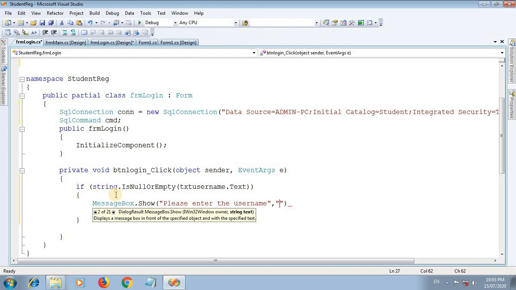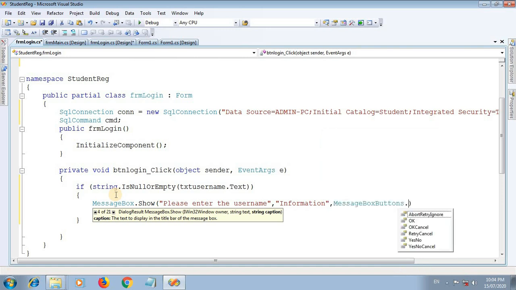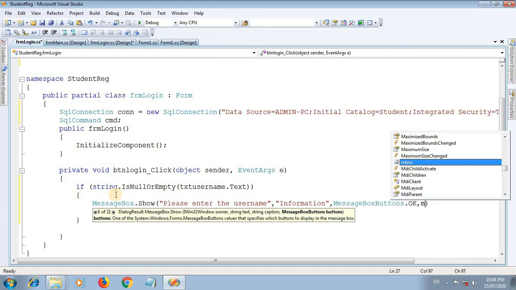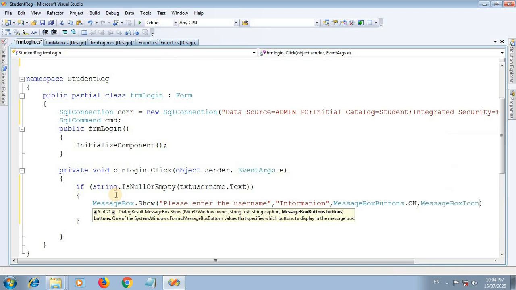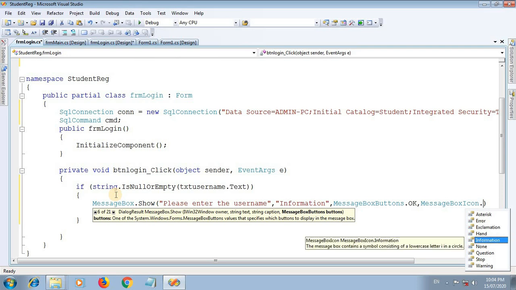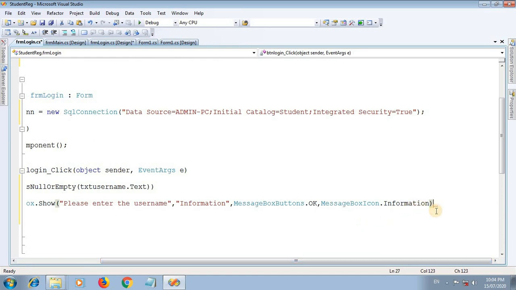For the name on the message box, I am providing here "Information". The third parameter required is the MessageBoxButtons type, so I am providing the button here. Last is the MessageBoxIcon property, and I am providing the Information icon. Then focus the cursor on that text box.